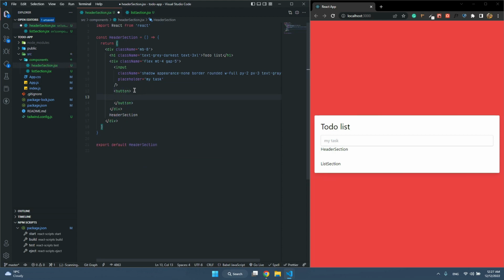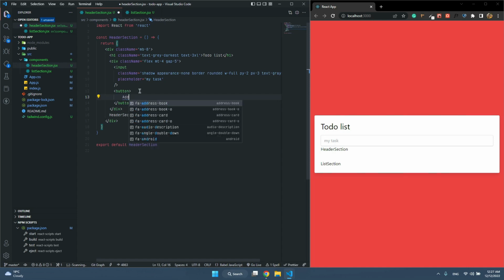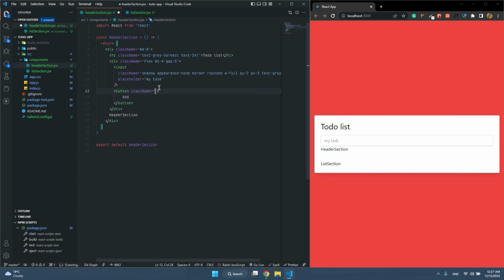Okay, so input. After that we're gonna add a button for adding our component. The button should not be self-closing, it should be like two tags, because we have to add the button name between the open tag and closing tag. So I'm going to add the name here. Okay, so I'm going to add padding 2. It means padding 2 pixels in all directions, and the border 2